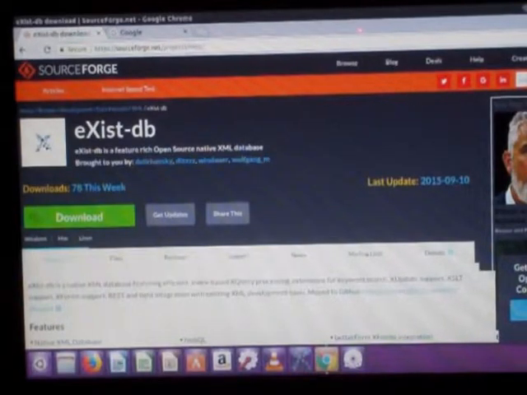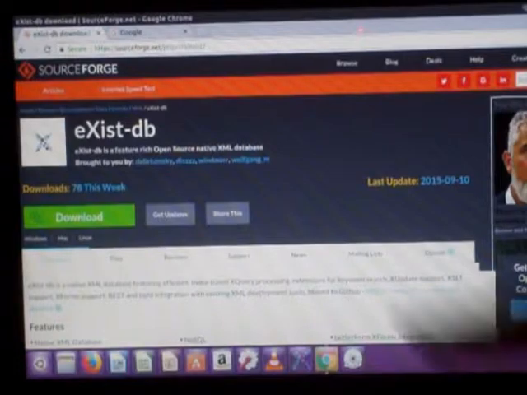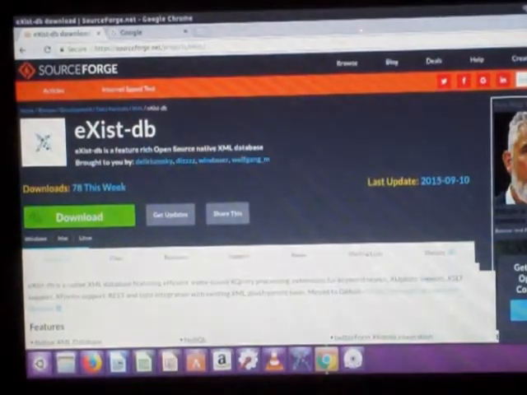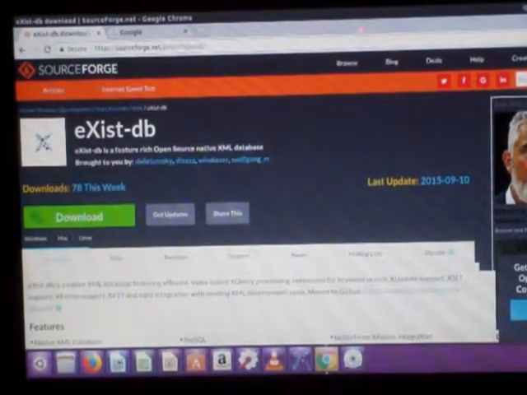Now, to download this, all you have to do is click this download button. Once you do, give it about 5 minutes and it will download. But it will never really tell you that it's finished downloading, okay? So, anyway,